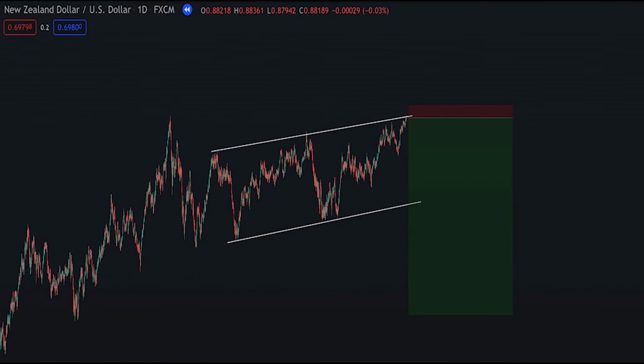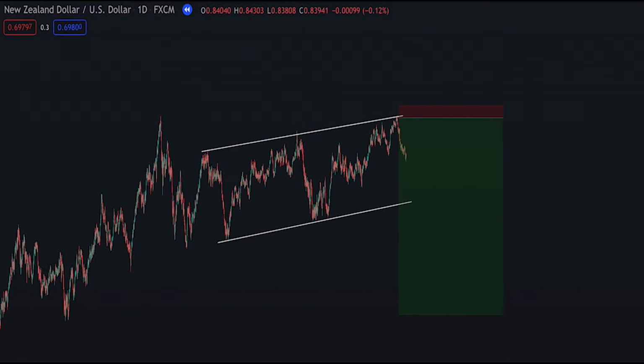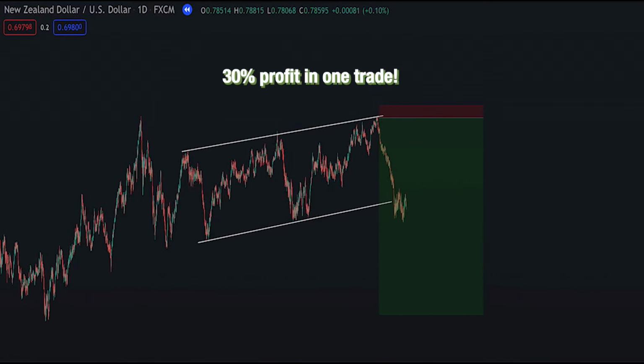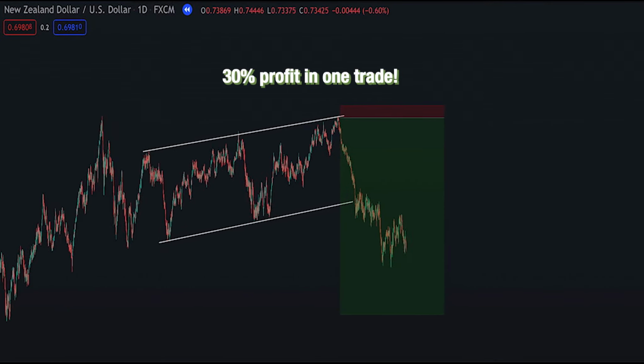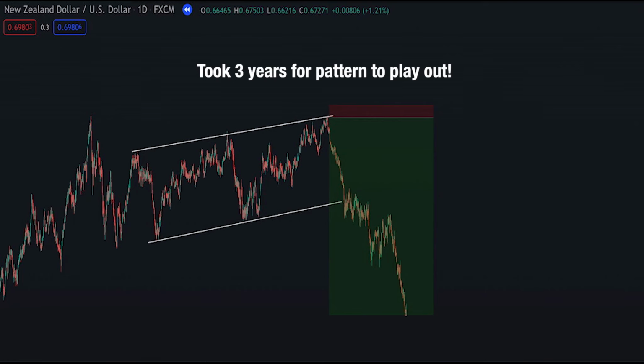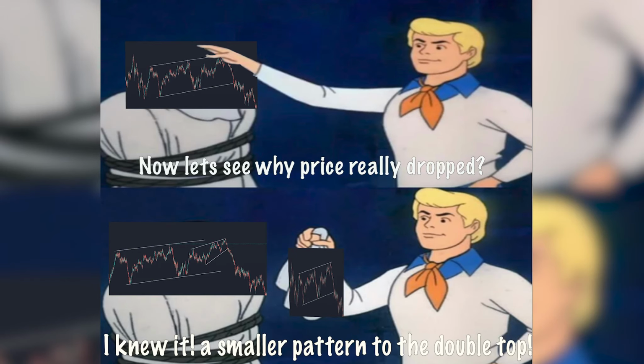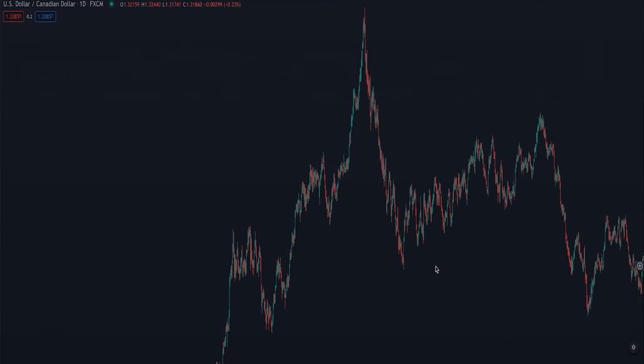Now, I'm not saying that you shouldn't be plotting these larger patterns and you shouldn't be looking for entries on them, because when they do actually play out, you can reap some massive profits as they usually drop so far or they take off. However, they just don't play out that often, so you don't want to be focusing on them too much. And also, when these large patterns do actually play out, you'll usually find that the reason it does actually end up dropping is because of a smaller pattern inside anyway, as I'm going to show you here